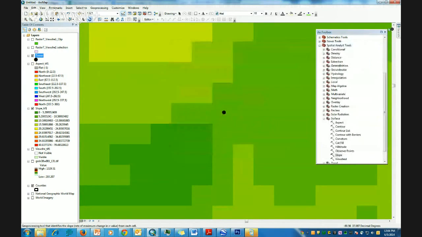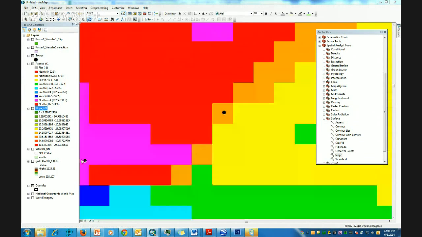So 6.3 degrees isn't terrible. You just want to make sure you run it and confirm that, and determine whether or not you think that's suitable to build on. The next thing we can do is turn on our aspect, and we've identified that this particular piece of land is northeast facing, so it's on the northeast side of the